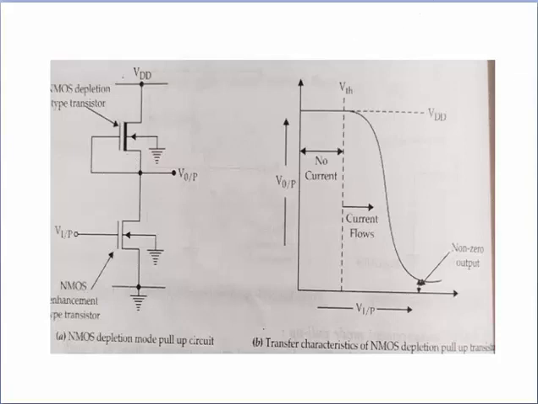pull-down network. In this circuit, we see dissipation is high because rail-to-rail current flows when V input is at logic 1. So when the input is equal to logic 1, this pull-down transistor acts as a closed circuit, and the pull-up transistor also acts as a closed switch. So there is current flowing from VDD to the ground side. Switching of output from 1 to 0 begins when V input exceeds the threshold voltage.